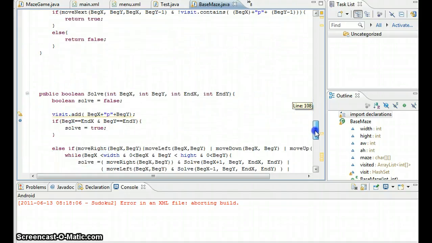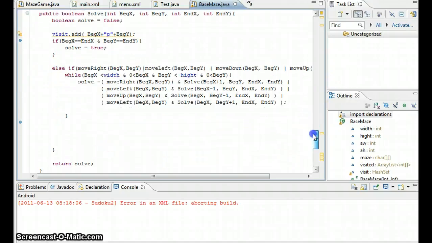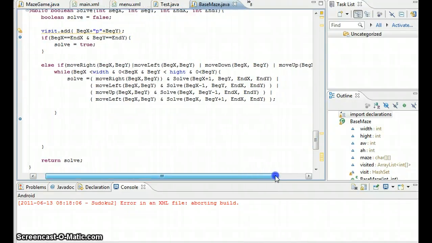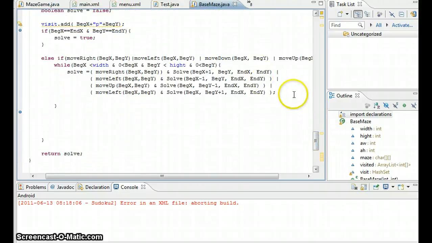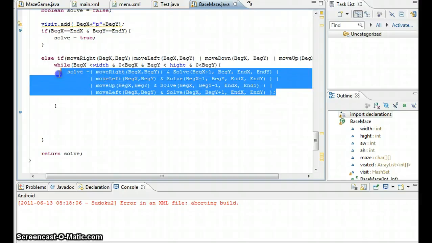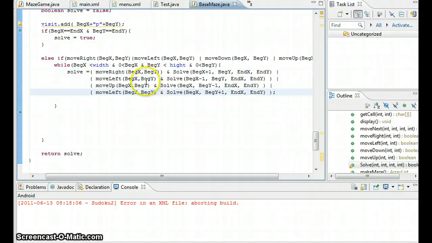And over here we have the actual solve the maze method, and it recursively tries to solve it. The method doesn't actually work. This isn't really the best one, because I've tried so many different methods. But the one I have here is: if you can move left or right or anywhere, if you can move anywhere,